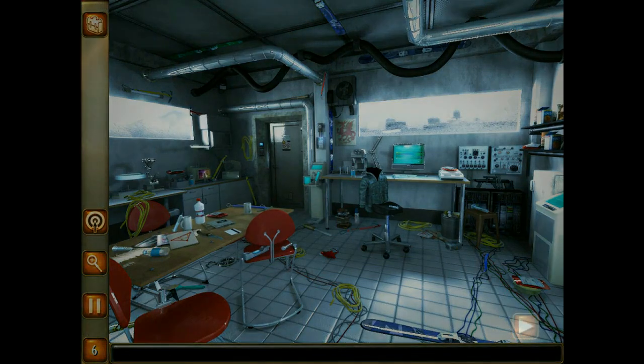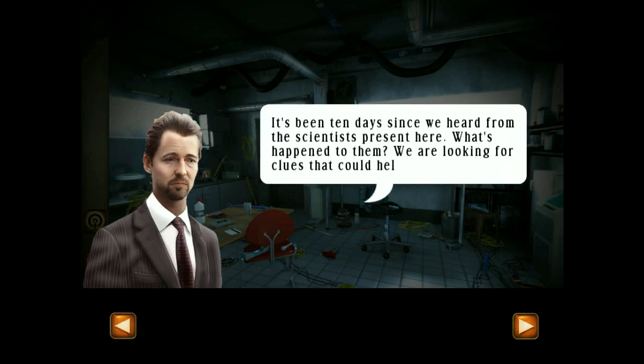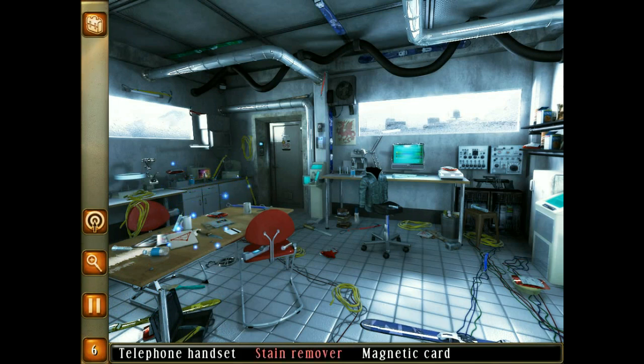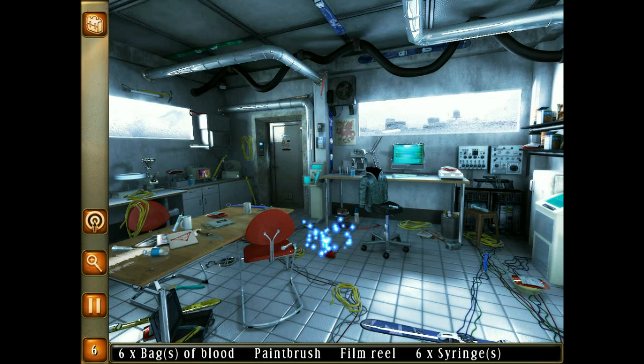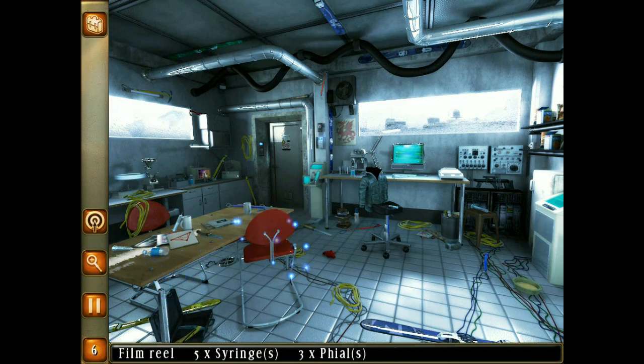Alright, so, if you recognize this one right away, yeah, I don't even know why I have to pretend. You all know what they're doing here. I love that he's still in his suit. Stain remover is that? Yes. Telephone handset. Yeah, so it's the same items I had to get last time, just in a different order. So you'll notice that this is themed around one of my favorite all-time movies, The Thing, which is just a perfect movie in every way. So that'll be the subject of this